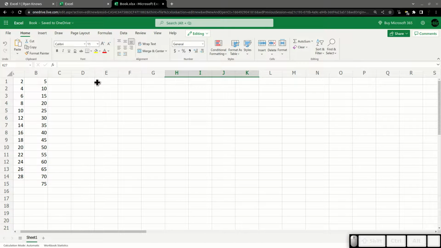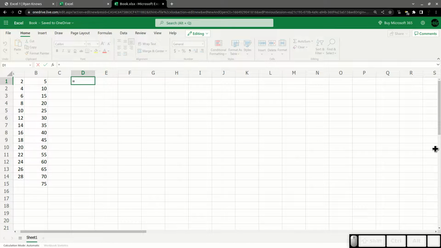Cool. Okay. So first thing I want to show you is this equals operator. If you just type an equal sign, this is your signal. This is how you tell Excel that you want it to calculate something. You want it to do more than just keep the value you put in the cell. So normally if we type a number, it just puts the number in there. If we type some text, it just puts some text in there.